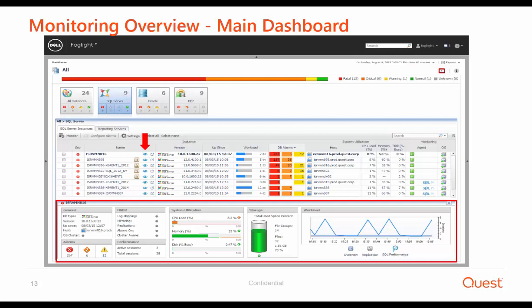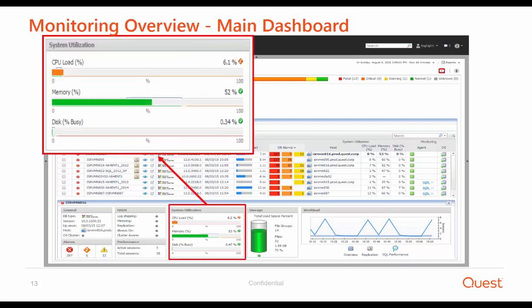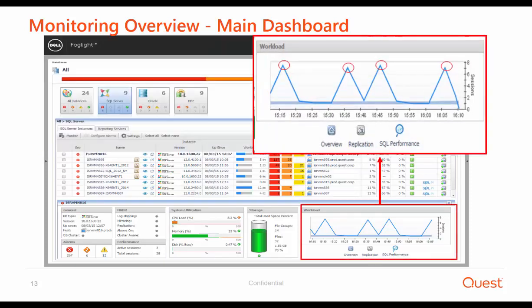So here, if you click on the quick view, as you can see the arrow points to, it shows you the baseline for the various system utilization metrics. So for example, you can see the CPU load baseline, the memory baseline, and the disk percentage busy baseline. It can also show you the database workload activity baseline, and whether the database activity has deviated from the expected baseline range, which is being calculated based on a very specific point in time. So it's sensitive to different time periods, such as hour in a day, day in a week, in a month, and so on.